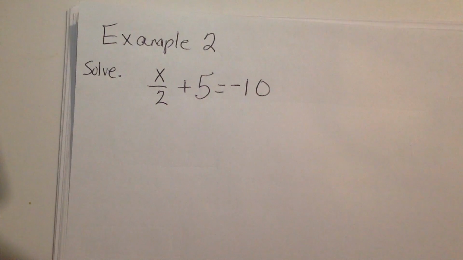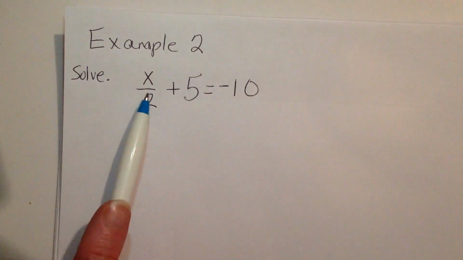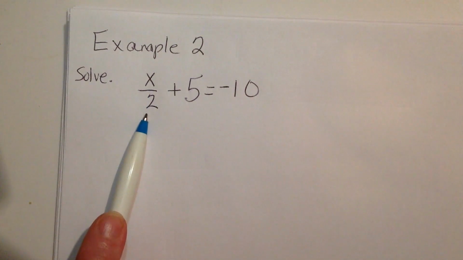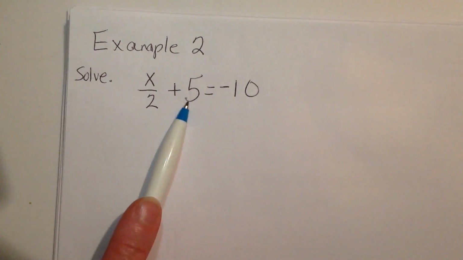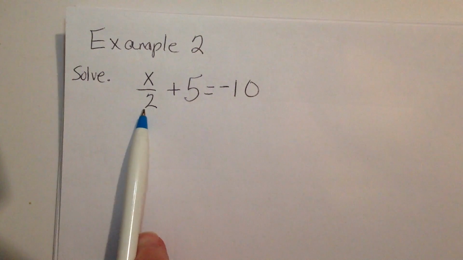Example number 2. This is an equation, has an equal sign, terms on the left, terms on the right. Let's solve this equation. The only variable I have is x. x is being divided by 2, plus 5 equals negative 10. I need to